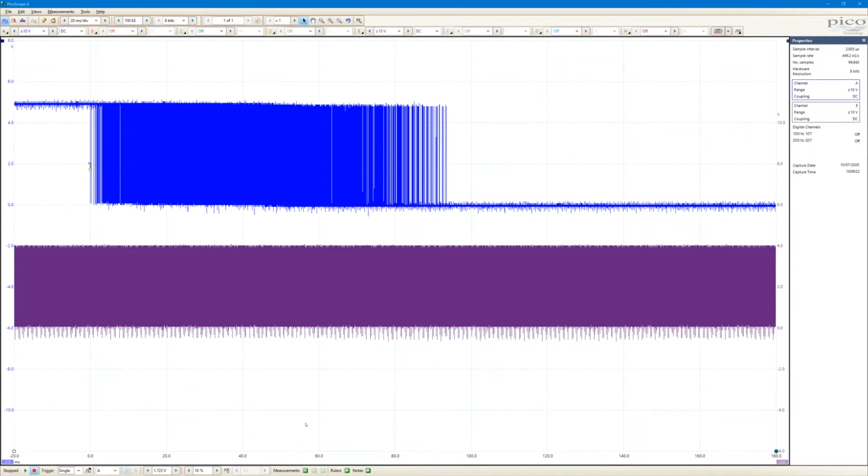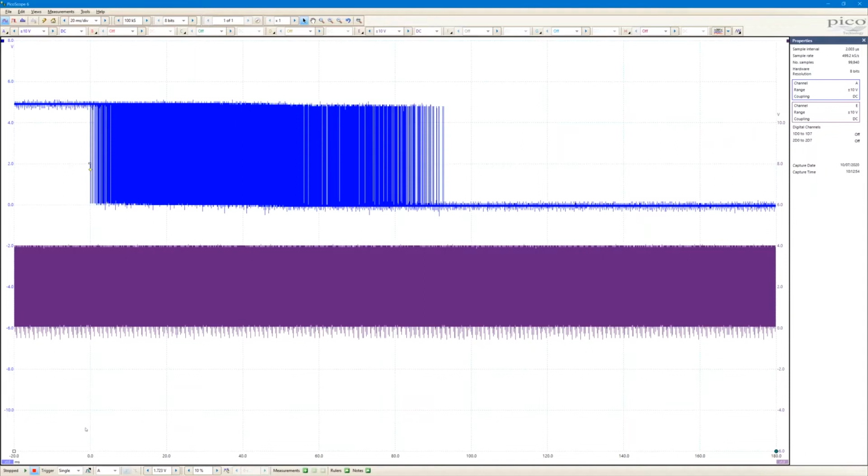So what I've got here is a sequence of pulses and some sort of clock generator down here, and the block of pulses is operating over quite a long duration. So we can see here we've got a duration of, let's have a look using the rulers here, just under 100 milliseconds of events that are going on in that blue block of pulses just there. And let's just capture one of those. So I've got the software set to single mode, so we'll make one capture, and there it is, it's captured that event.